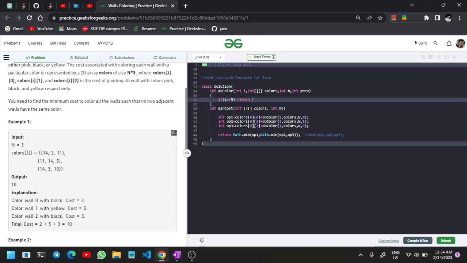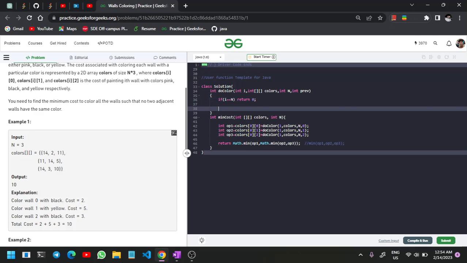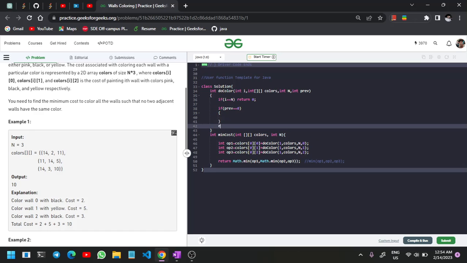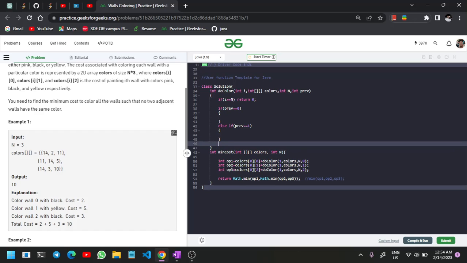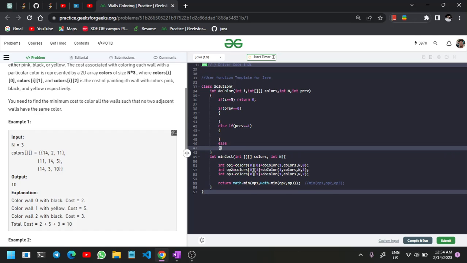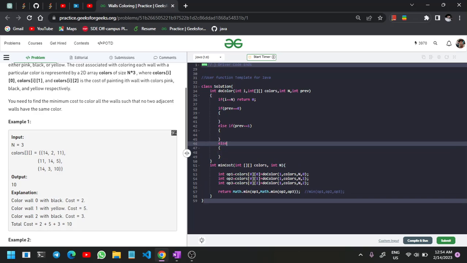Okay, so if I have colored all the walls, then I have to return 0. And if my previous wall was pink, then I have to do something. If my previous wall was black, then I have to do something else, and else my previous wall must be yellow here. So what if my previous wall is